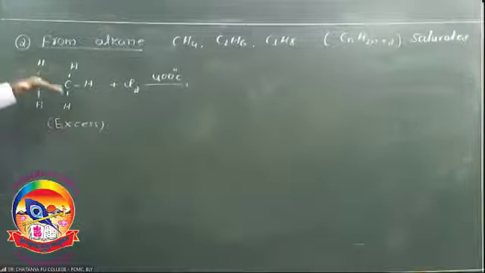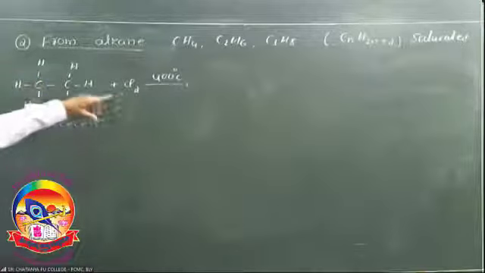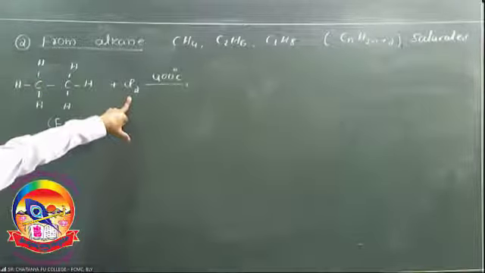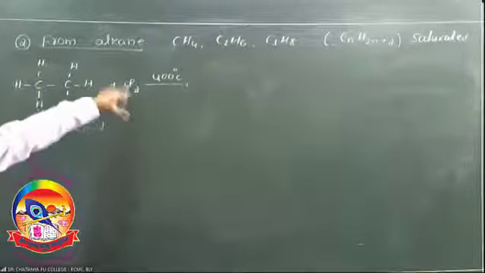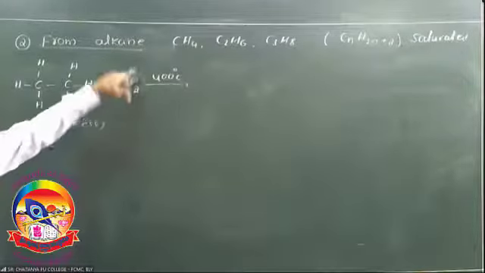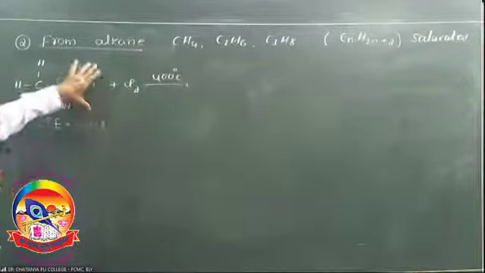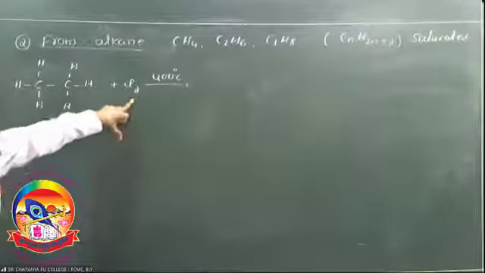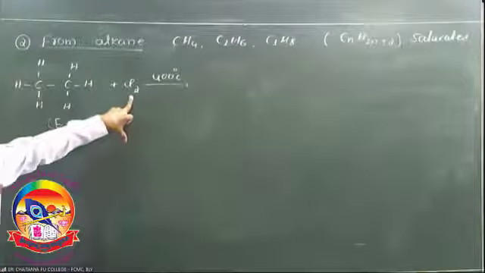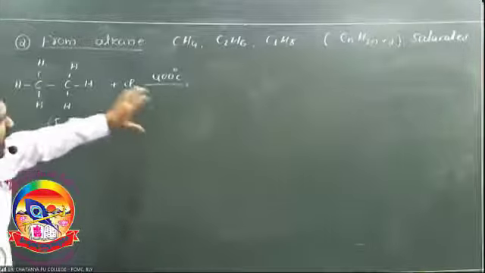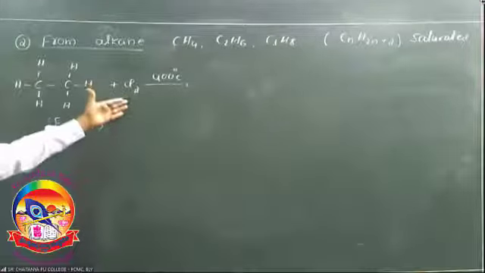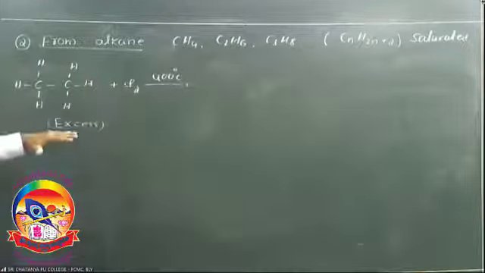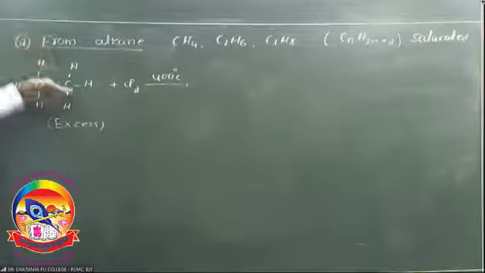If we take excess of ethane, then halogen is the limiting reagent. Limiting reagent means, in a reaction, the reactant which has a lesser amount. So the product formed depends on this: a small amount, just 1 mole of chlorine, and excess of ethane.